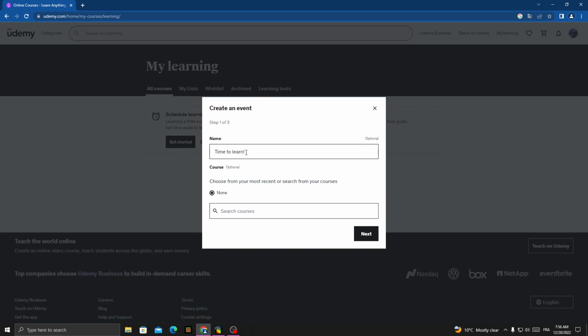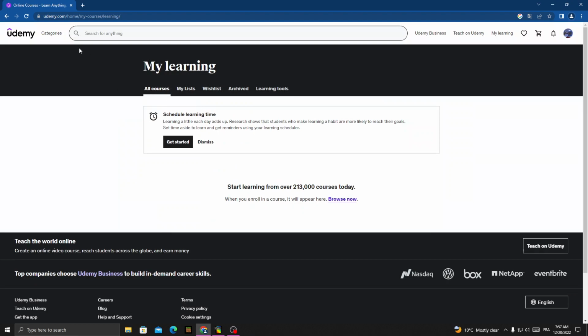Now just manage here anything you want, just type here any name, and now that's it. Just select a course here, any course you want, and then click next, and that's it. I don't have any courses here, and that's it for